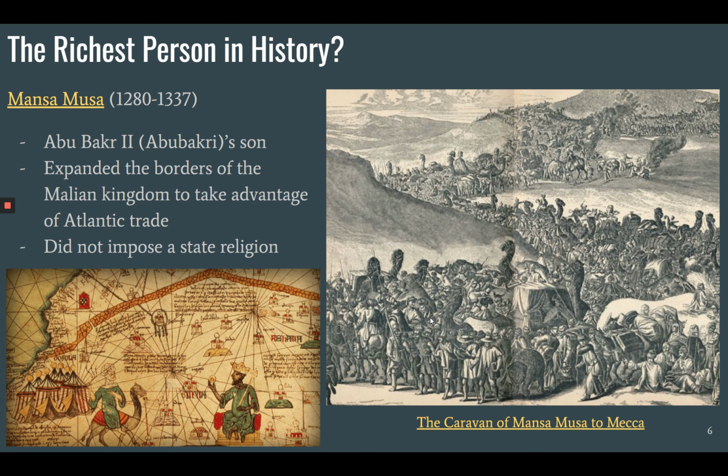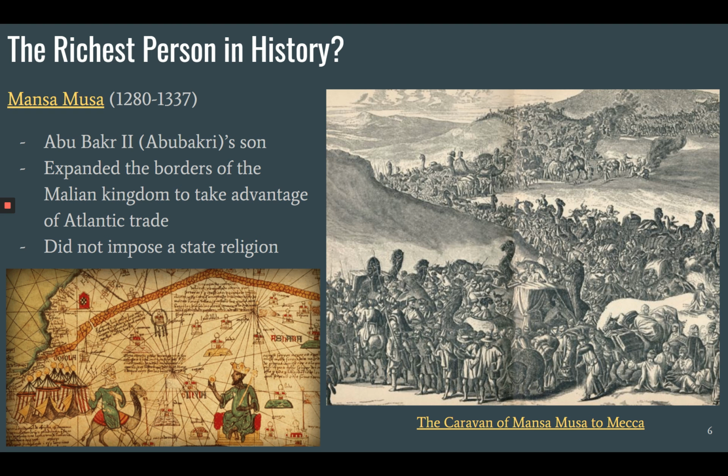And then his son, Mansa Musa, a fairly well-known figure, is the richest person in history if you correct for economic change over time, right? He didn't have any US dollars, obviously, so it's difficult to compare the wealth of people over time, but the supposition of economic historians who make this kind of claim is that if you were to correct for inflation and translate his wealth into the modern world, he would be the richest person in history.